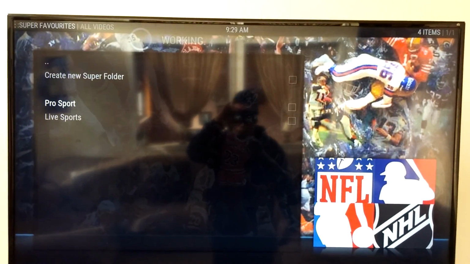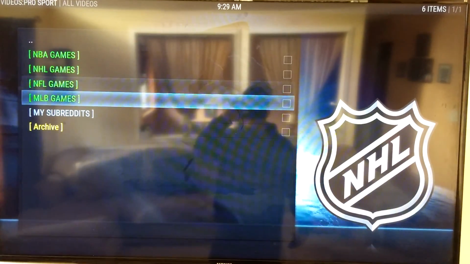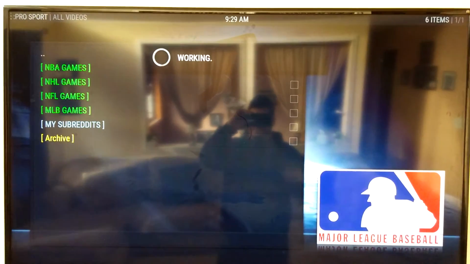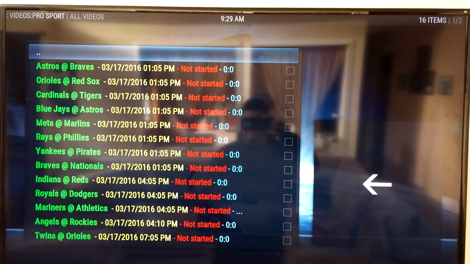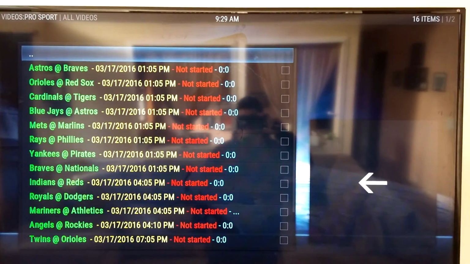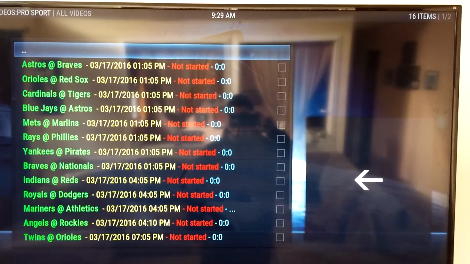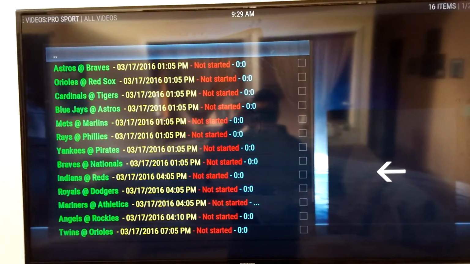The reason why I did that is because if you shortcut the pro sport actual link, like let's say baseball, if you shortcut this specific link, it won't get updated. It's a constant updated feed that needs to be updated. So for example, see how it says March 17. If you were to just bookmark this, it would not update it on its own. So you have to go to the actual app or the add-on every time so that it can repopulate the